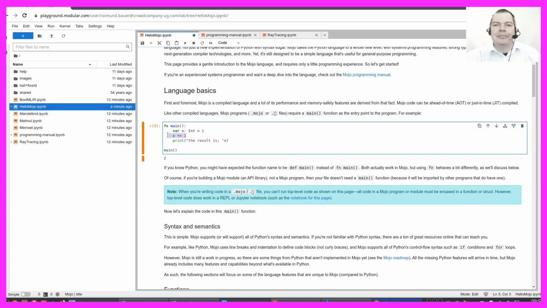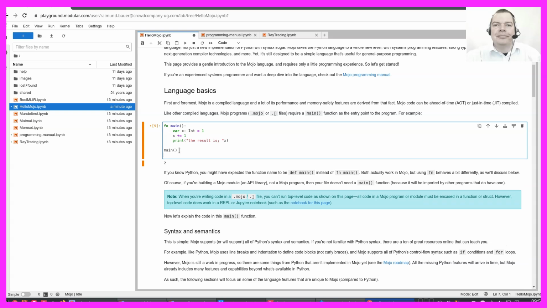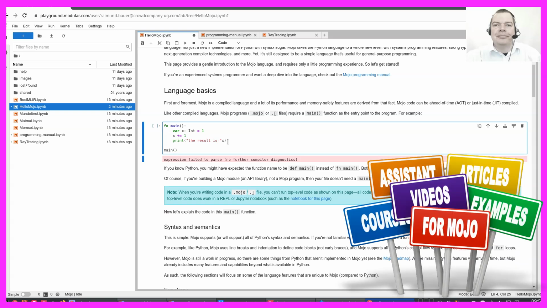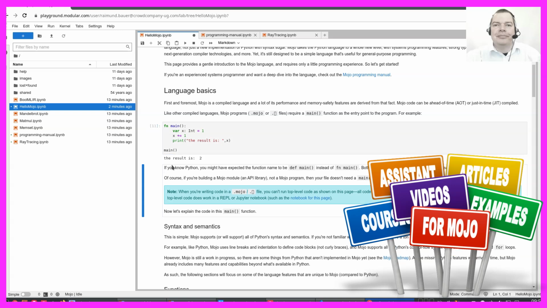So after this line is executed, it is 2. And that's actually what we get when we print out the result here. If we do it the right way, like this, then we get the result is 2. You could also do it this way, x equals x plus 1. Then we get the same result.